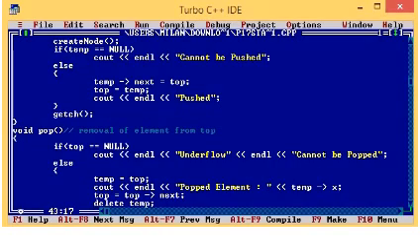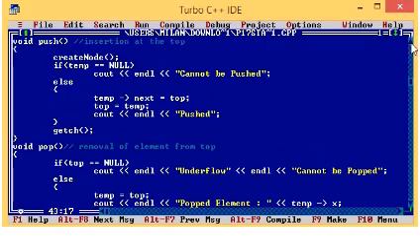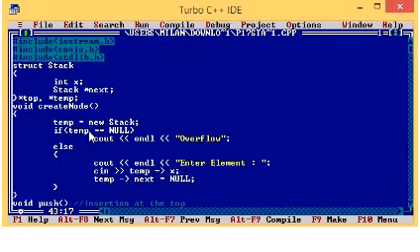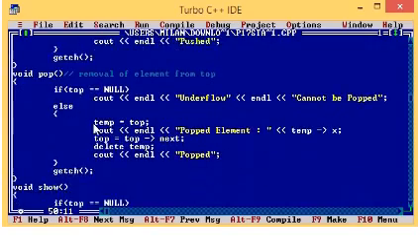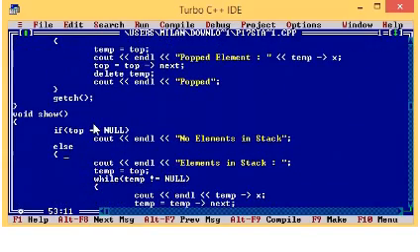Clear? And now we have to deallocate the memory which we have allocated dynamically using new. Where did we allocate it? In the create node method, isn't it? When we did create node, you see temp equal to new stack. So to which variable have we allocated dynamically? Temp. So we have to deallocate the memory, which you have now taken into temp. That has to be deallocated. How do you deallocate? Using the delete keyword. Delete temp. Then display a message that it is successfully popped, or simply popped.